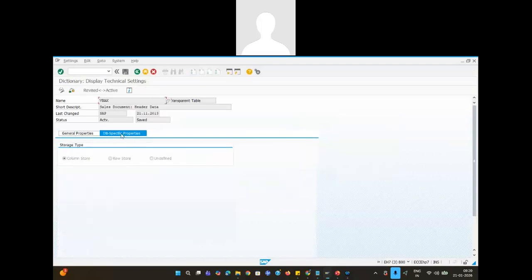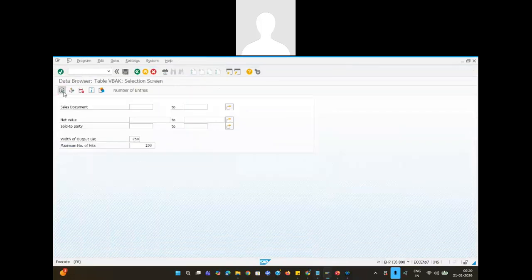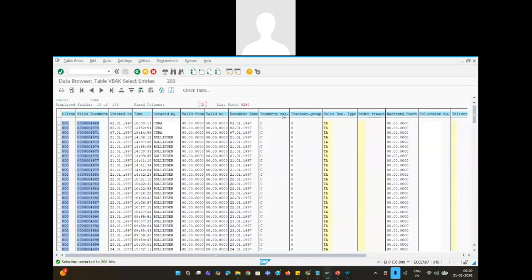Now in this only DB specific related will be there. So one is column store, another is row store, another is undefined. Column store means, whatever the table is having, the table will actually be in row store fashion here. Whenever we are fetching the data, it will be row traversal like this. For example, I want sales document type for the 10,000th record. That means if you write a select query on this VBAK,